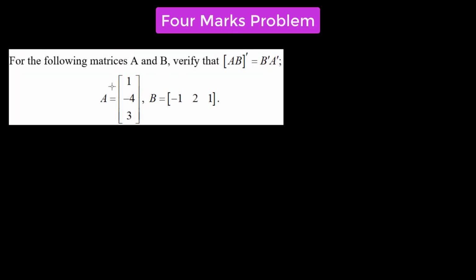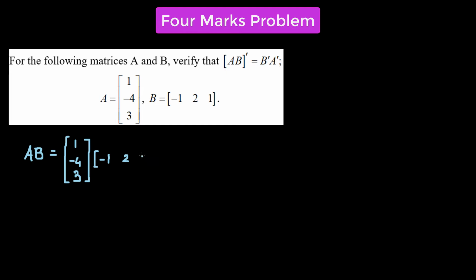So in this particular question, we have to verify that the transpose of the product of A and B is simply equal to B transpose times A transpose. So we first begin by finding the product AB. So we take the column matrix 1, negative 4, 3, and multiply it by the row matrix B,